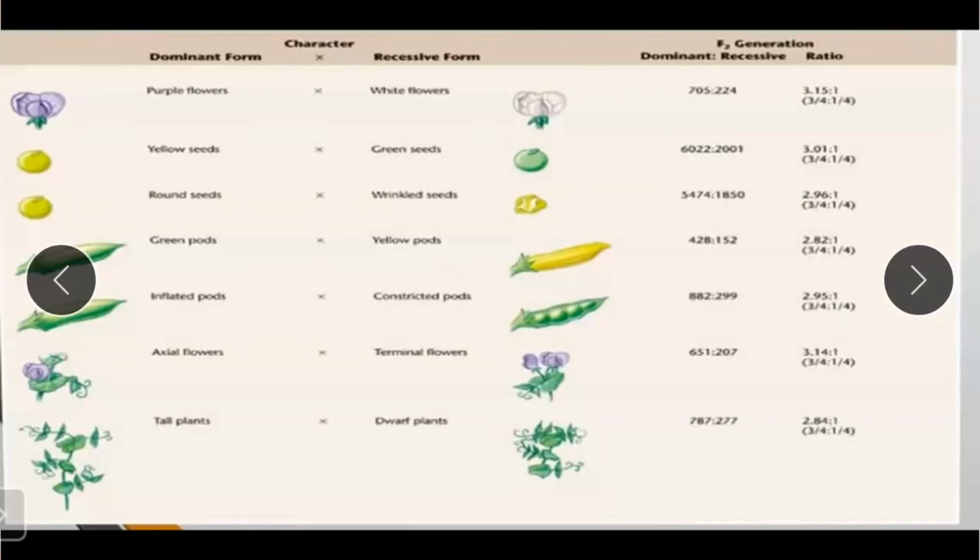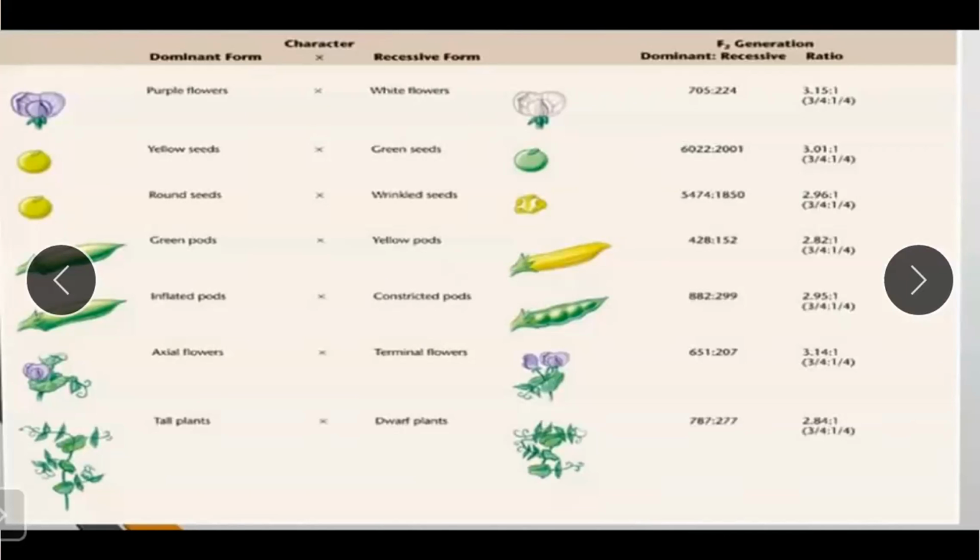The experiments performed by Mendel almost a century ago are quite astonishing. It means they were a surprise. All of Mendel's experiments were based upon the visible characteristics of the pea plant. Previously I told you that Mendel performed his experiments only on pea plants. What is the scientific name of this pea plant? It is Pisum sativum. Pisum sativum. And these characteristics are as follows. Now see how he conducted the experiments. See in the chart.